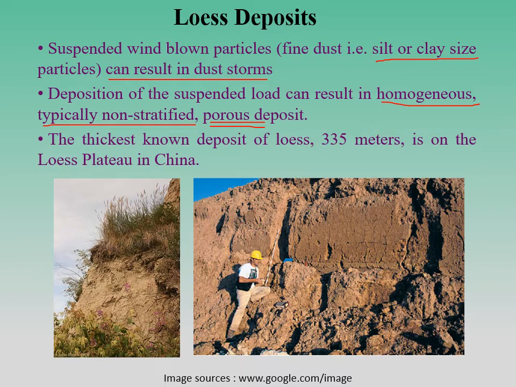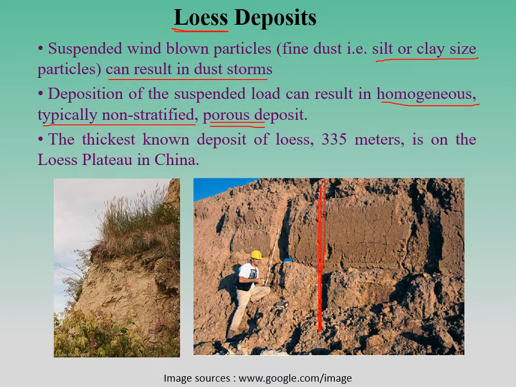that in this picture you will not easily identify any kind of layering. It's almost a homogeneous unit. There is no layering, and almost no size differentiation of the sediments. This kind of deposition is known as loess, and these mainly occur due to the deposition of suspended load from wind, which is mostly silt and clay sized